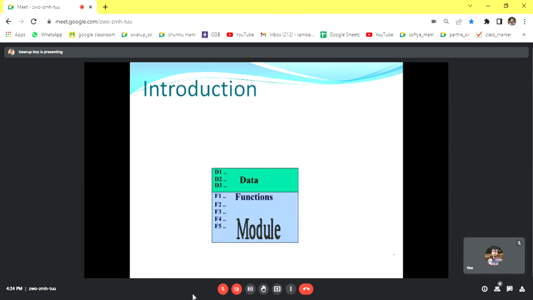You can think of it somewhat like your class, whatever you have studied during object-oriented programming, where you have data and you have a set of functions. That's why it's very easy